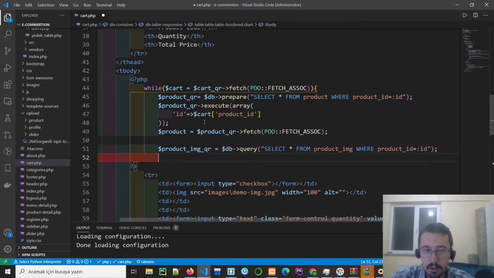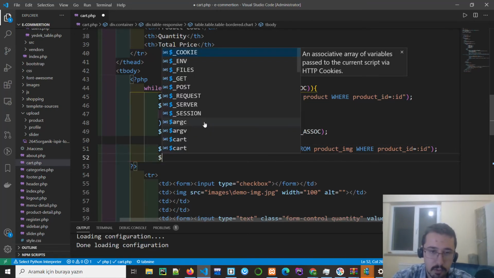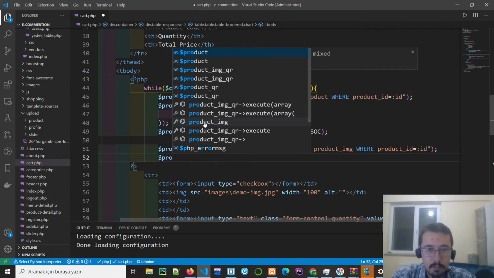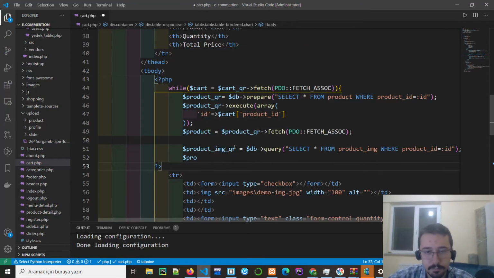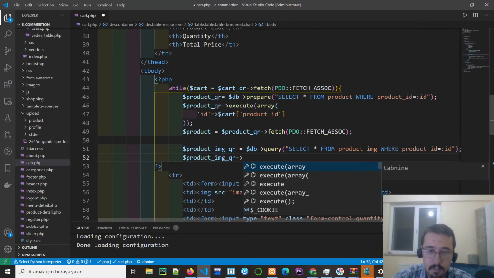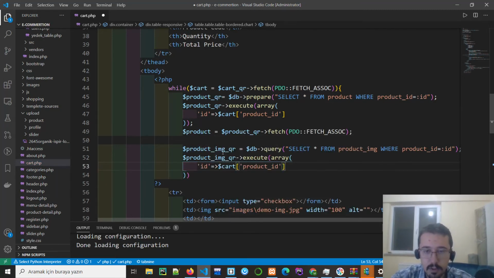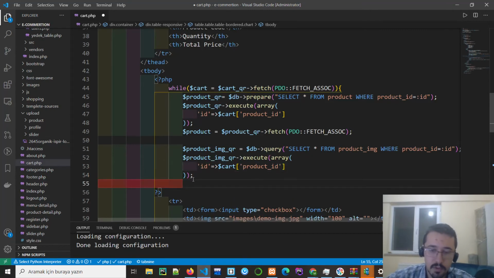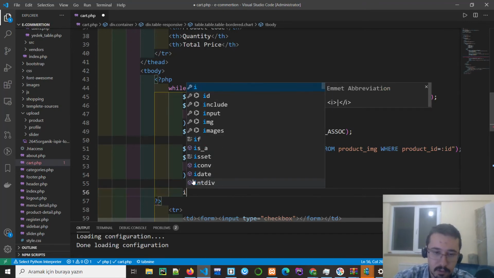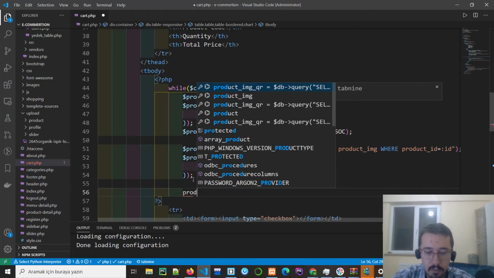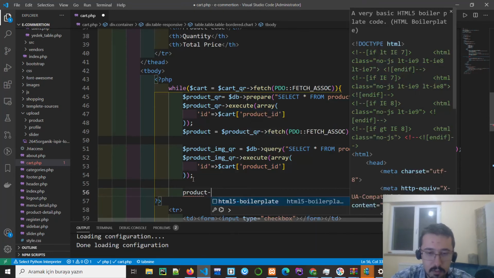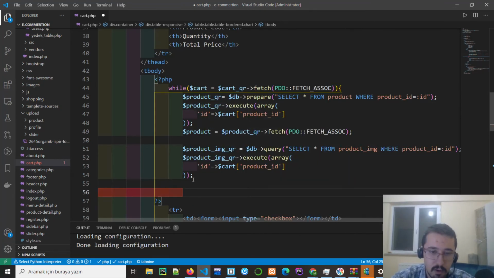The ID will be equal to chart.product ID when I execute this query, and we will fetch the related row and assign it to a variable